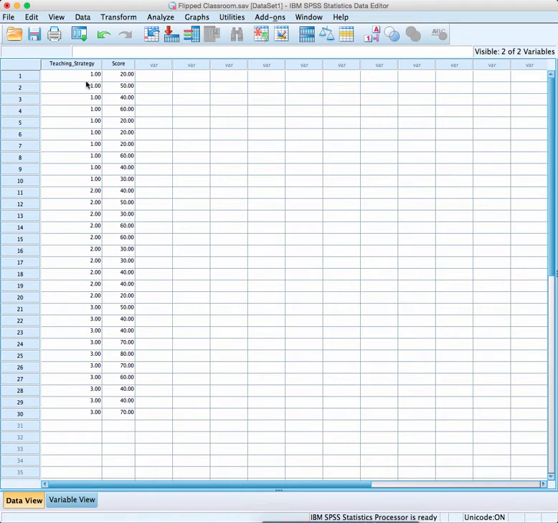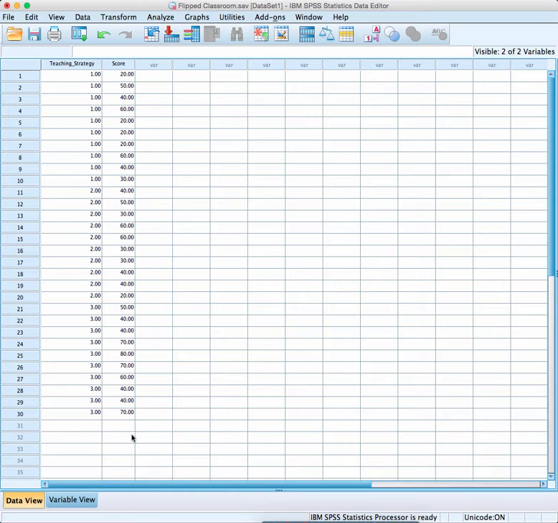You'll notice that there are three different teaching strategies for students to use when learning t-tests, and what the teacher was intending to do was use these different strategies for different groups of students to see which one might be more effective. And so these are the groups that the students are in, and these are their final scores on their